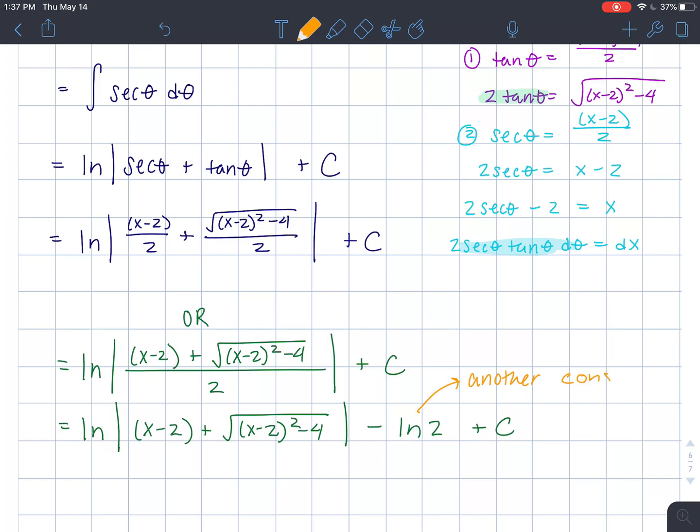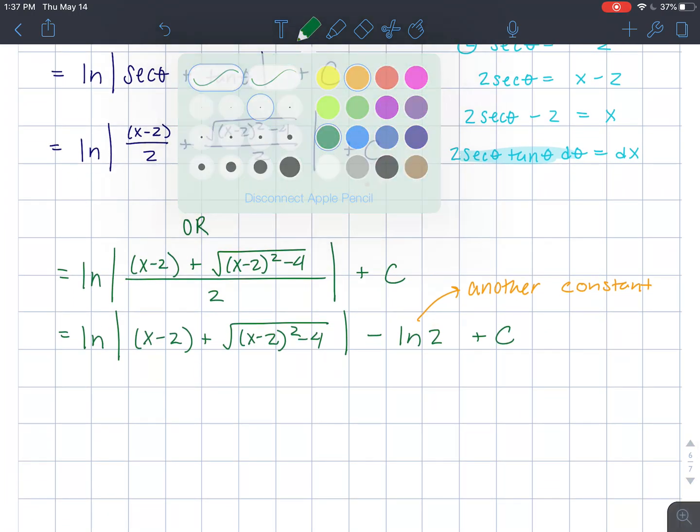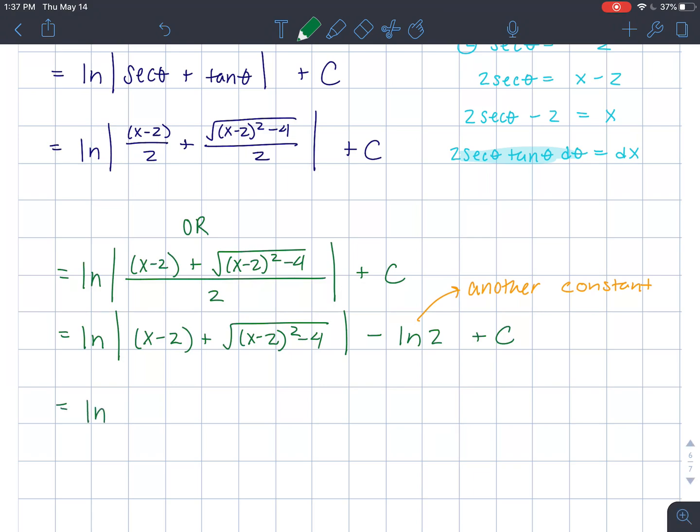So we can actually, if my pen would write, there we go, we can actually absorb that into our plus c at the end. And we can make our final answer the natural log of x minus 2 plus the square root of the quantity x minus 2 squared minus 4, all plus a different c value. So that this would be like c1 and this would be a c2, where c2 is equal to negative natural log of 2 plus